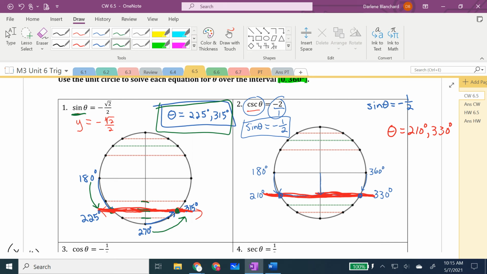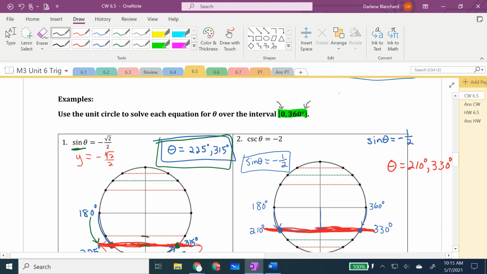Now, the reciprocal of sine is cosecant. When you run into finding angles for cosecant, you can just change that equation into being an equation for sine, and then you just have to know how to work things for sine. You don't have to learn how to use the unit circle for cosecant. If you keep in mind that cosecant, CSC, is equal to 1 over sine theta,